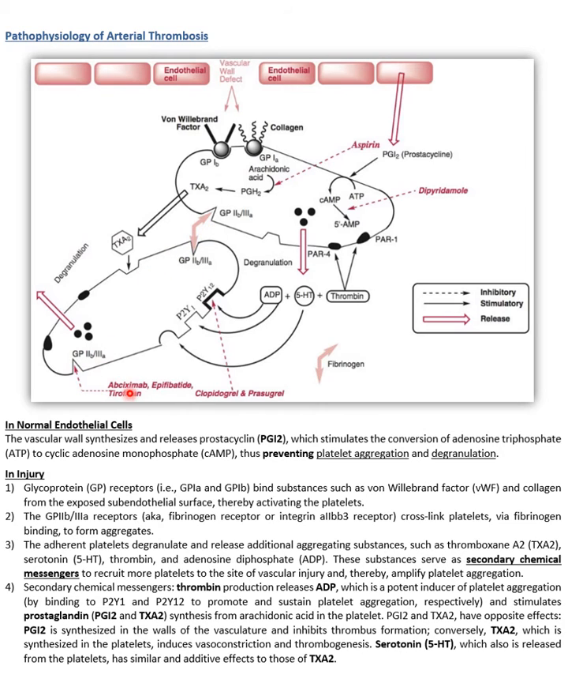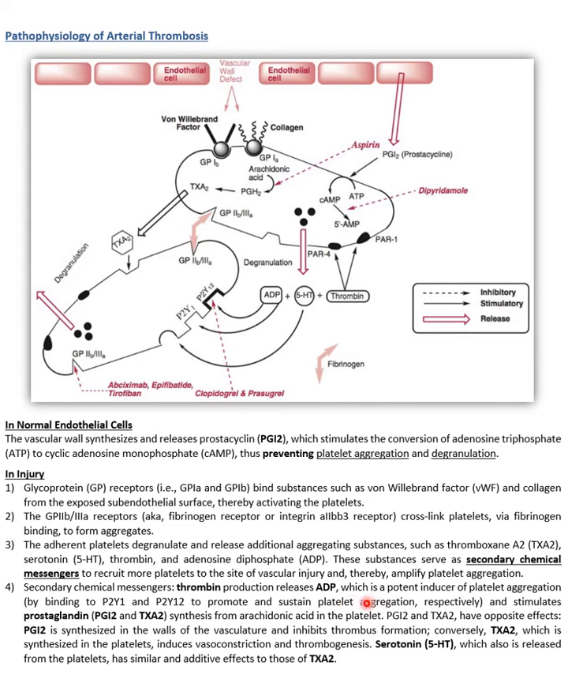As we will see later, examples are the abciximab, the eptifibatide and the tirofiban. Anyway, so this is the second step, and then the third one is as a result of the binding of two platelets together, it further activates some signal transduction process leading to release of secondary chemicals. These secondary messengers are, for example, the thrombin, which is responsible for production of the ADP, and